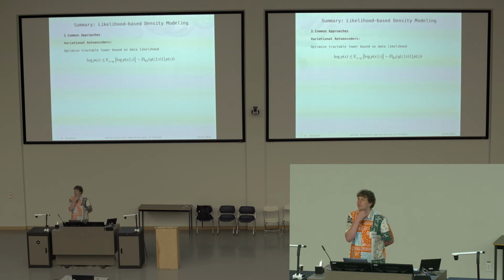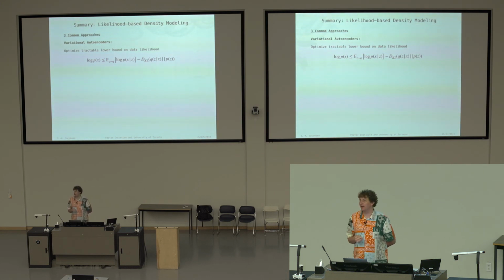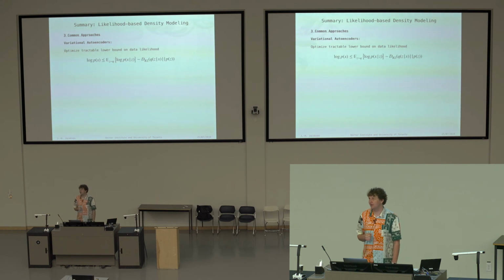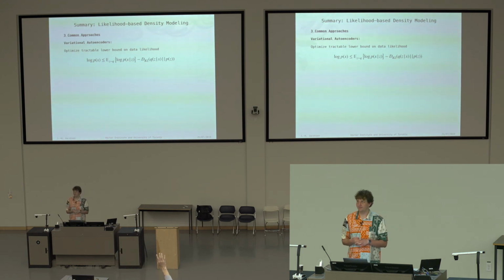Is there other metrics other than likelihood? Yeah, there are other metrics, like other divergences and so on, but those are usually hard to estimate. So for tractably training models, there's really just the forward KL as far as I know. If you train an autoencoder with a mean squared error loss, for instance, then that's another option.